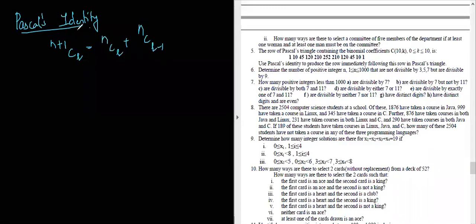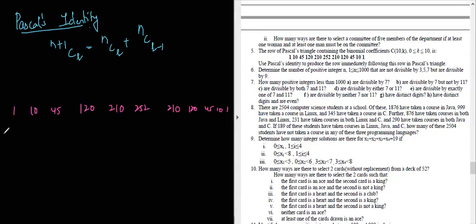So it is also known as Pascal's identity, that is n plus 1 C r is equal to nCr plus nC(r minus 1). Or we can even show it by using this. So I'll take directly this row and try to solve the problem. So we have been given the 10Cr row. So this is the 10C0, 10C1 row. So let's write it 1, 10, 45, 120, 210, 252, 210, 120, 45, 10 and 1.